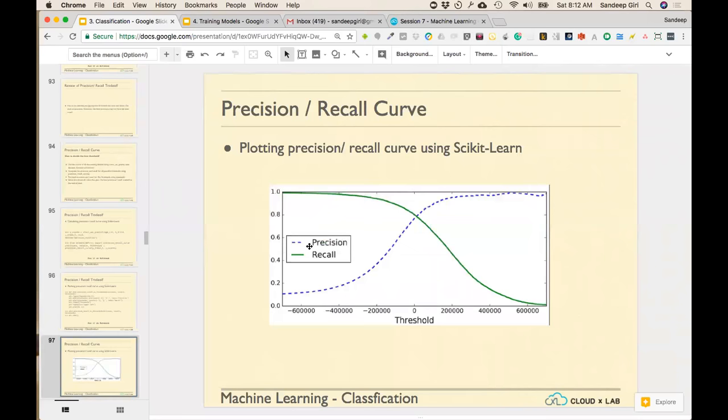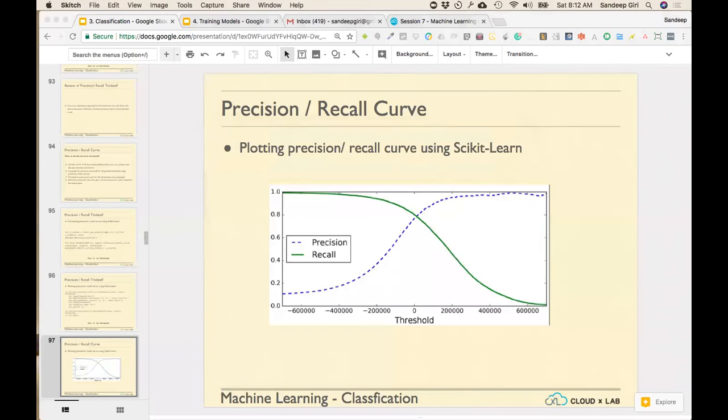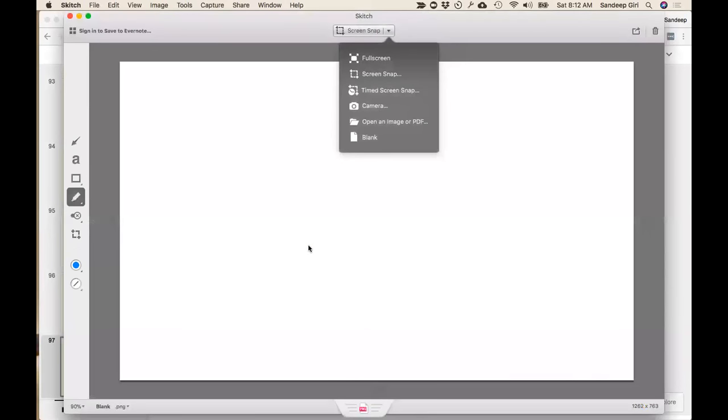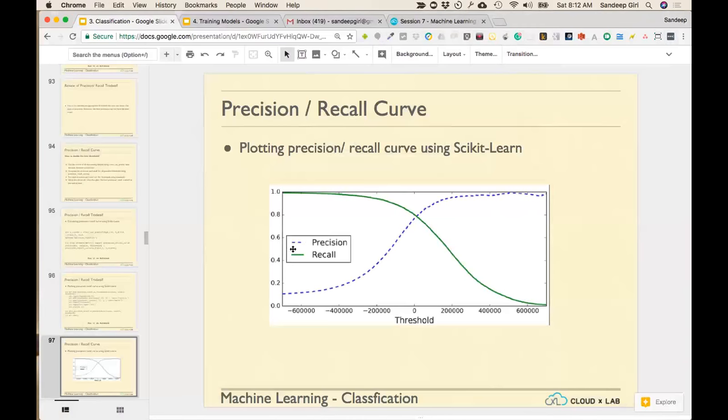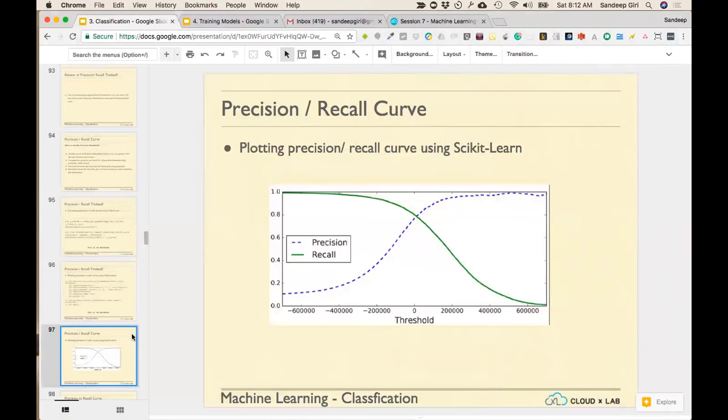So what will happen is in case of Scikit, let me just show you. Yes, it is very much possible to prepare the, should I do that? Okay, so,